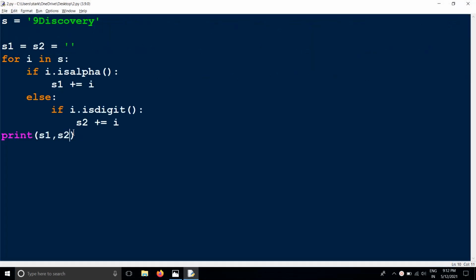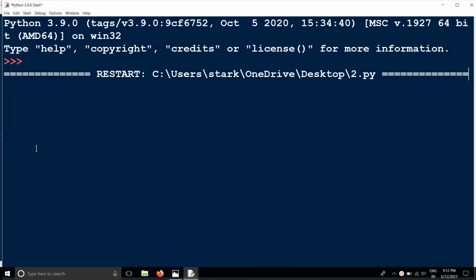So now I'm going to check the length. Print length of S1. In S1 we are having discovery, so the length is 9.